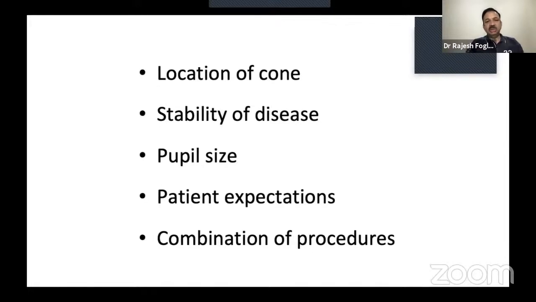Take into consideration the pupil size as well. In our population, the pupil size is a little small, so that's to the advantage of our patients. Dark colored iris also helps. But if the mesopic pupil size is large, beyond 5 millimeters, then maybe it's not a great idea to implant a toric ICL in a patient with keratoconus.